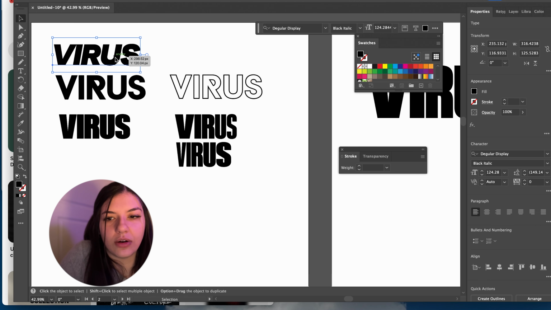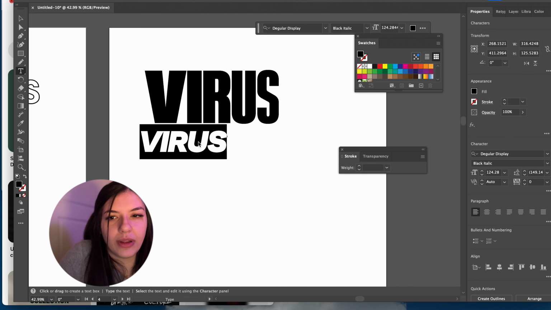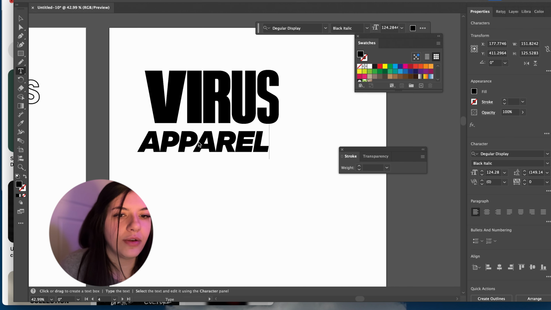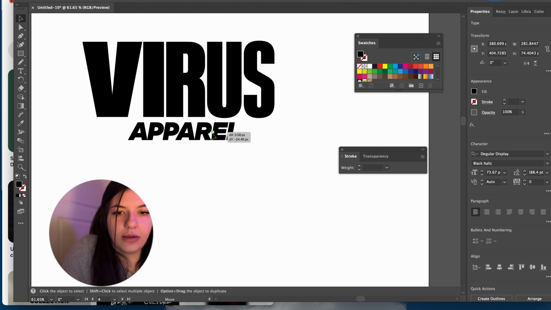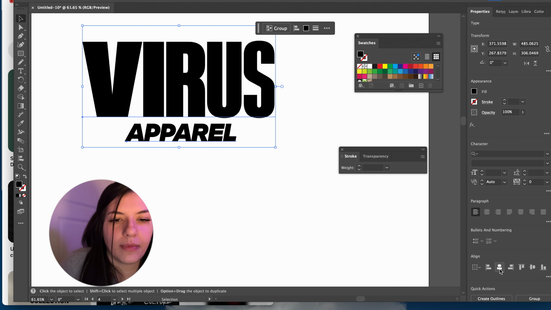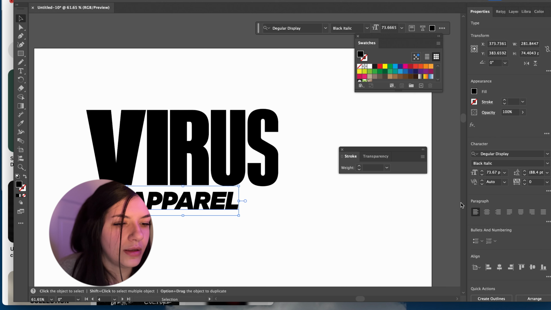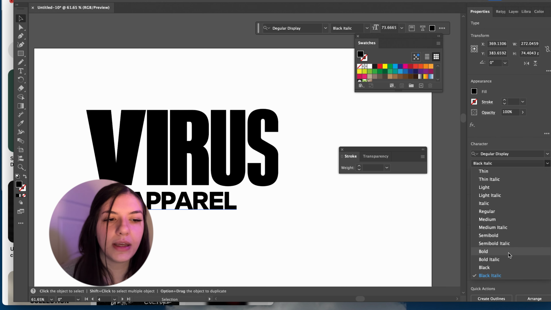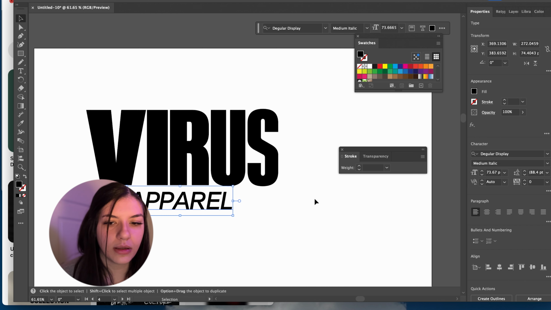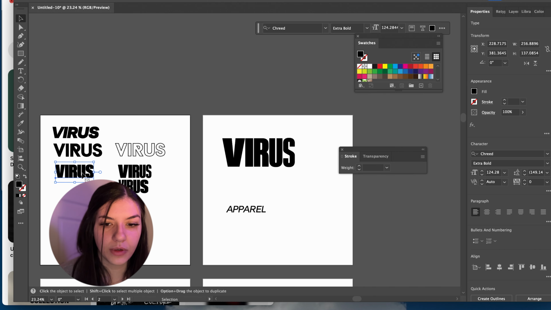Okay, I do like these R's. But if we end up going with this, I would like to go with something that is italic for the word apparel when we do include it. So let's see how that would look in here. Apparel. And if we were to drop that in and center them, I think that does look cool, but I think the apparel part is a little bit too thick. It's clashing with the actual logo name, and we do not want it to do that, of course.